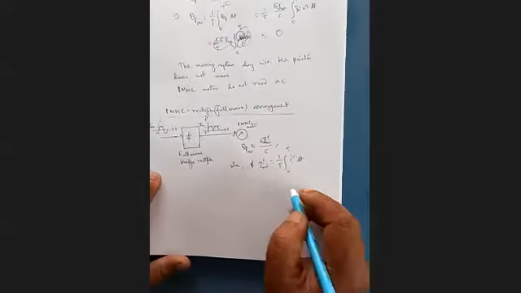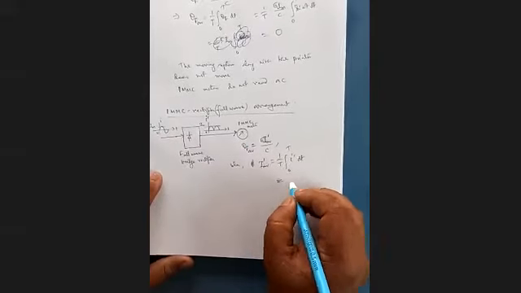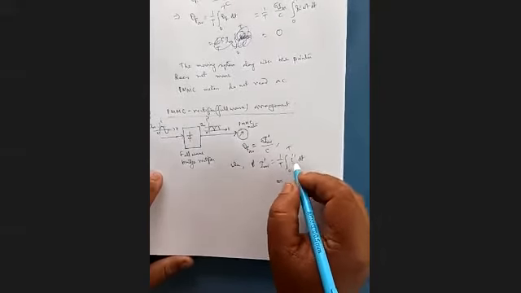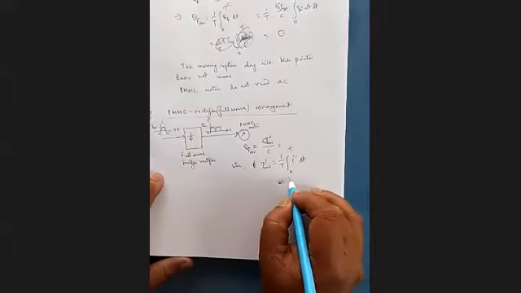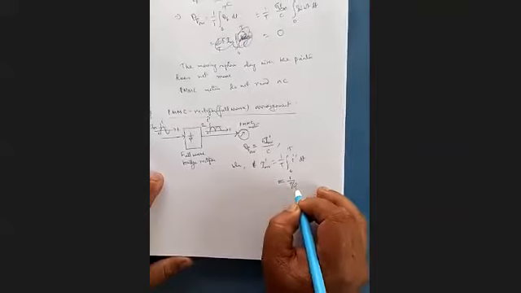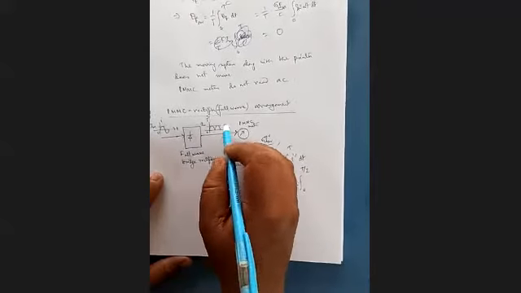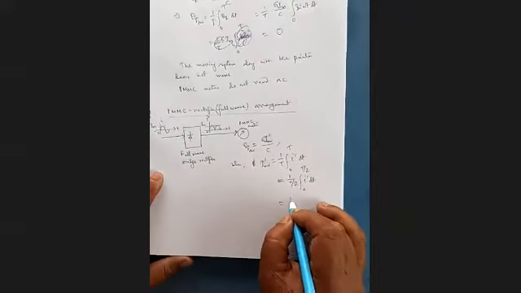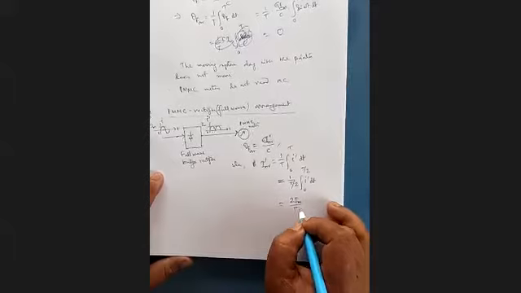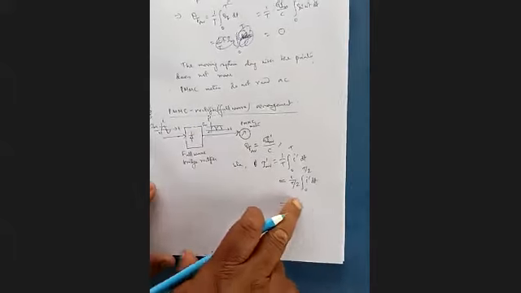Now, what is I dash average? What is the average value of a full wave rectifier? We know after computation we can get it. It is sufficient to integrate over one half cycle only: 1 by T by 2 integration 0 to T by 2 of I dash dt. If you complete it, it will be 2 Im by pi. That is the average value. So the reading of the PMMC instrument is that one.